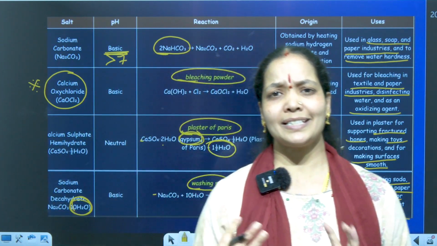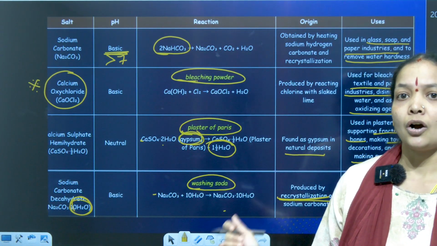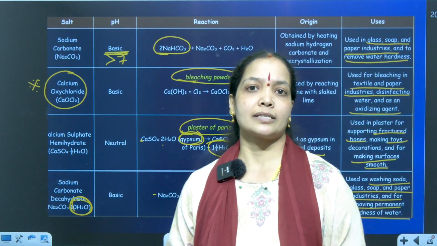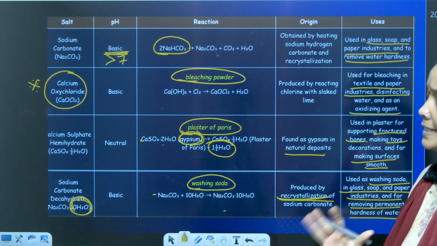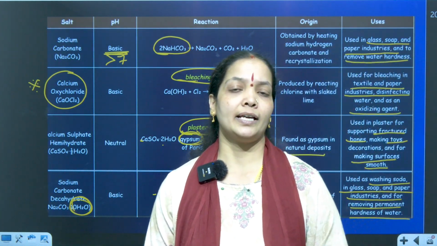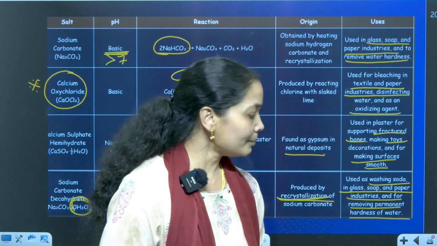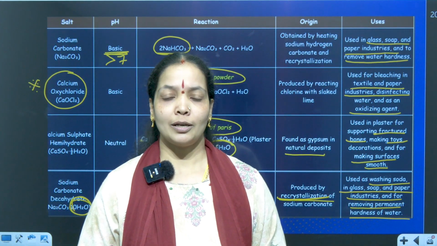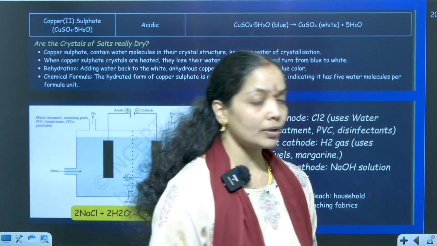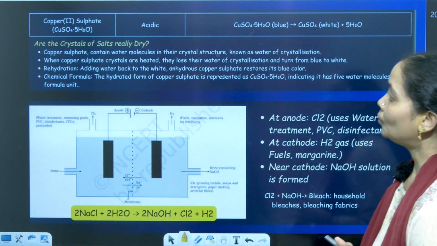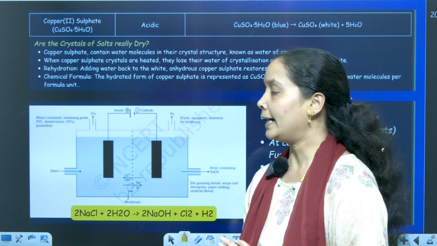There are 5 to 6 salts as mentioned in the tabulation. You can take a screenshot or you will find the same PPT in the description box below. To further move on in this chapter, these are the important things that we have covered and made the chapter easy, simple, informative as well as useful to all my dear kids. I hope you have learned all the required important things, and to wind up with, this is the last important thing that you have to understand.